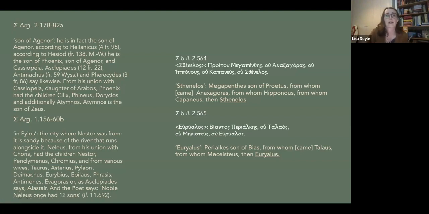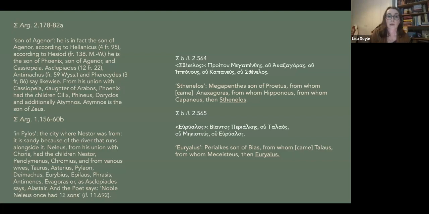Just to point out here, all Apollonius has said in book 2 is that Phineus is the son of Agenor. Apollonius is not talking about Phineus's lineage at this moment, but the commentator still launches into the genealogical relationships with Phineus, etc. So we are told he is the son of Agenor. We are given an author. This is something I'm going to come back to at the very end of the presentation: how authors and citations are organized in the Scholia.